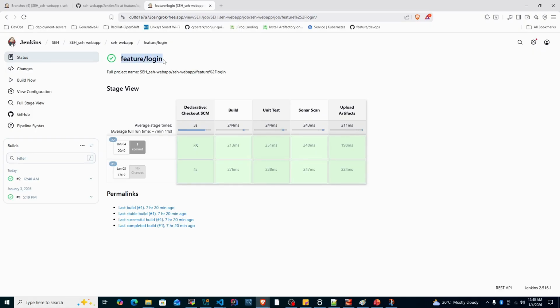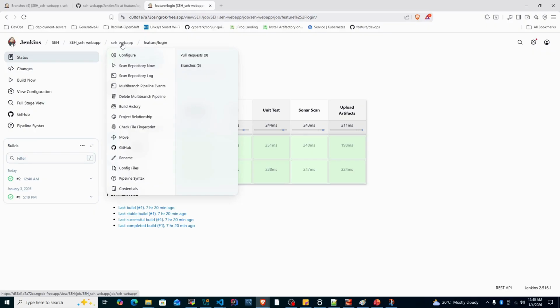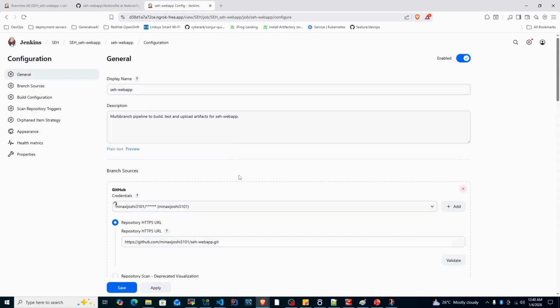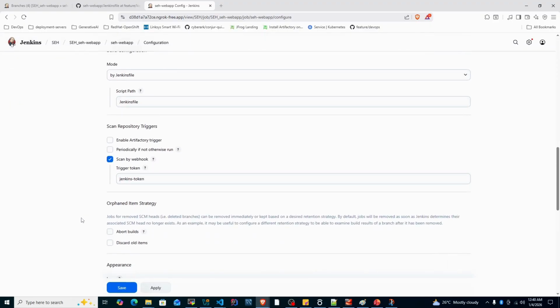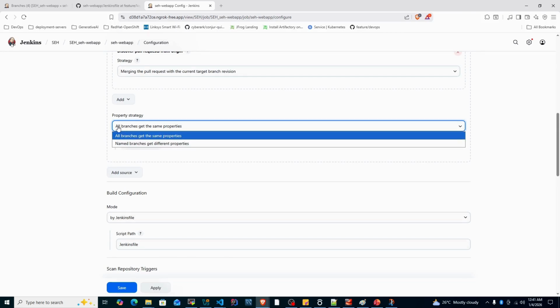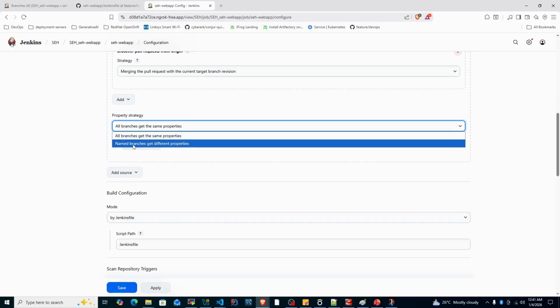If Jenkins starts triggering builds for all branches, this can easily lead to a build storm, which causes unnecessary builds, high load on Jenkins, and performance degradation. So for this, the solution is to suppress builds for non-release branches. To overcome this, we configure branch specific properties. So go to SCH web app, and from here click on configure, and from here go to properties strategy. Instead of all branches get the same property, select named branches get different properties,